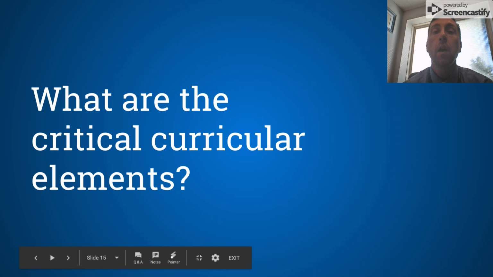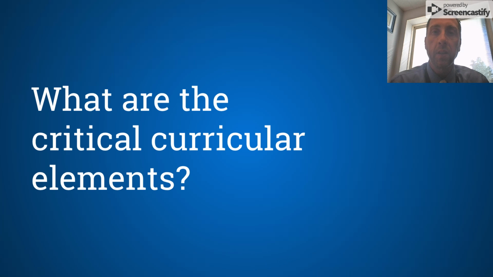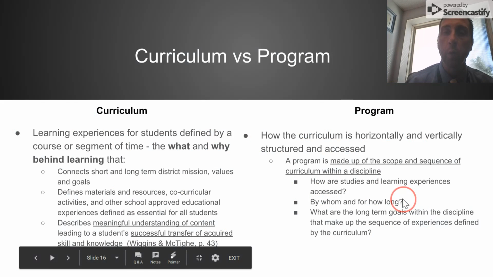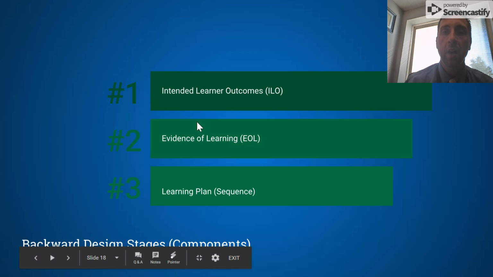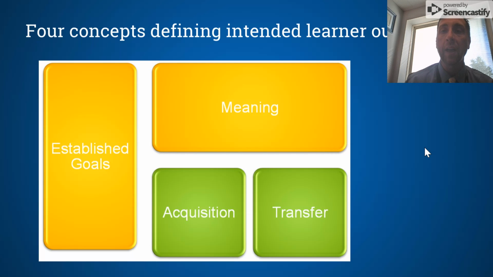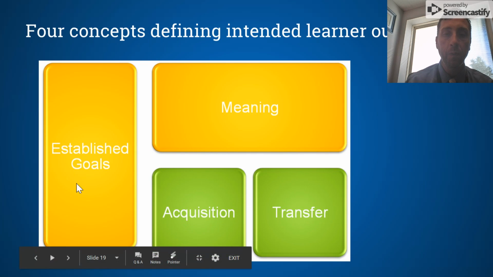So what I really want to focus on in this next video segment is really understanding transfer goals. To back us up just a little bit, we know that one of the critical curricular elements is identifying the intended learner outcomes. This whole first section of the design process is really leading to that. When we look at intended learner outcomes, there are really four concepts that make up that section of our curriculum design. We know from the last module that